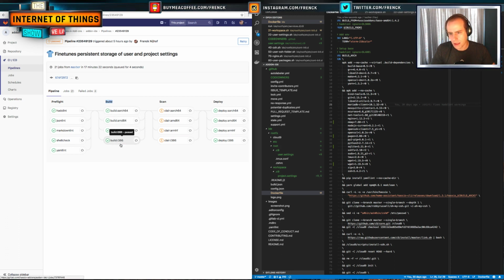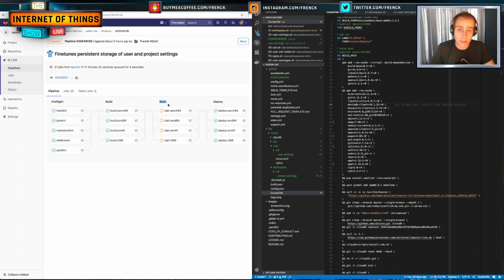In the build stage, we are going to build the add-on for each architecture that hass.io supports. And they're actually built on native servers. This one is built on a machine that has an ARM 64-bit processor. And this is built on a normal machine, like an Intel machine, which is fine. Same goes for the 32-bit Intel. And the ARM HF is built on an ARM v7 processor, which is ARM HF. So that's okay. If the build passes, it will take the resulting container, which you guys call the add-on,